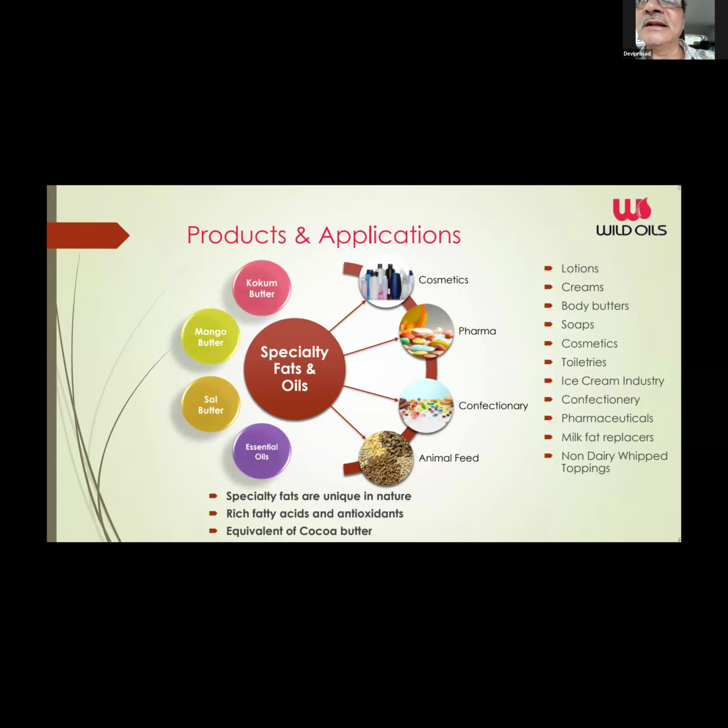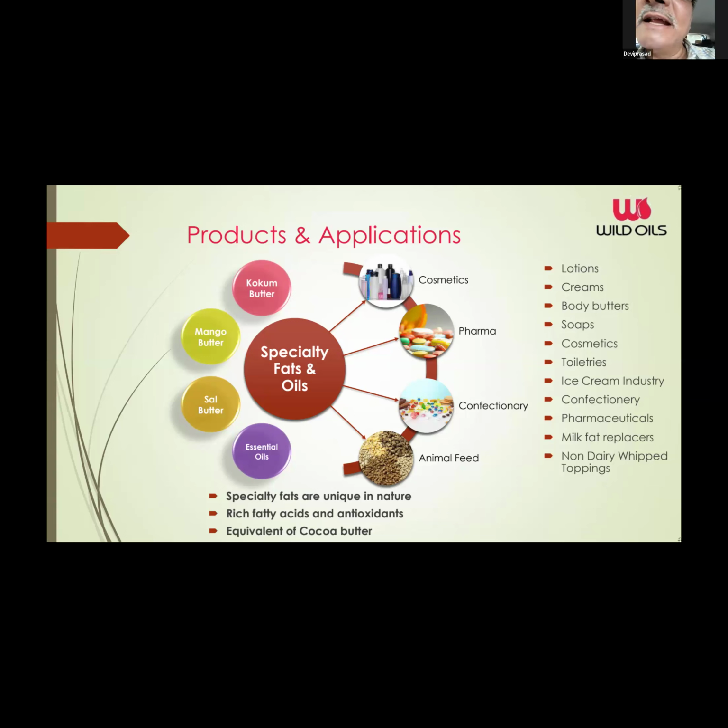Sal is the other product I talked about before, Shorea robusta. It is collected from the jungles of Chhattisgarh, some parts of Nagpur, Vidarbha, then Orissa and Madhya Pradesh. It is collected by the Adivasi community and they sell it. Some Adivasis also use the oil in their regular food preparations. But sal is basically very soft and very good for skin and skin conditions, particularly in dry weather.